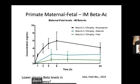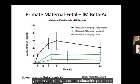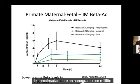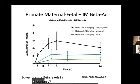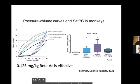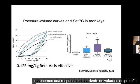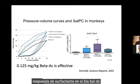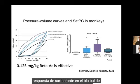And so you see we got lung maturation with an exposure dose in the fetus of about 1 nanogram per milliliter, which is way below what the mother is seeing when we give these drugs. This is just showing the kind of response you get: a pressure volume curve response and a surfactant response in the BAL of these preterm monkeys with 0.125 milligrams per kilogram of